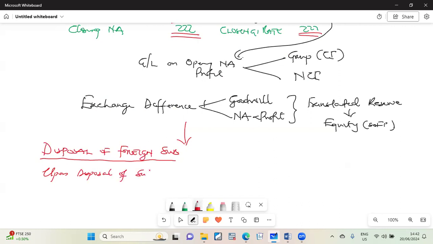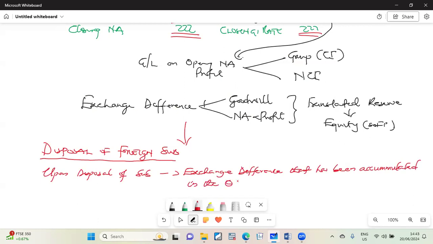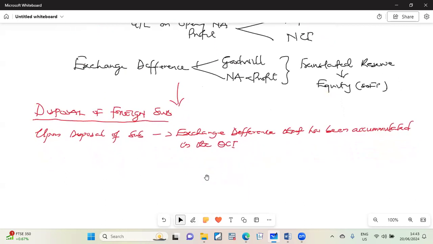Upon disposal of the subsidiary, all the exchange gains or losses, or let me say exchange differences, that have been accumulated in the OCI,